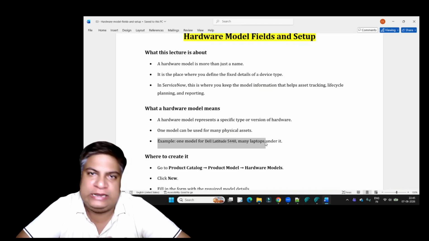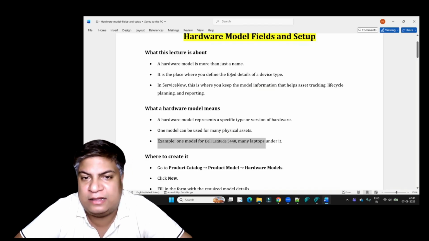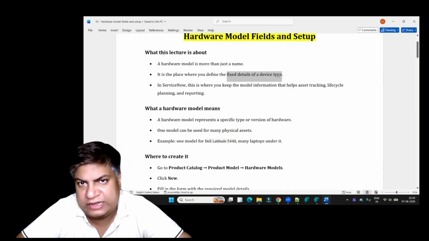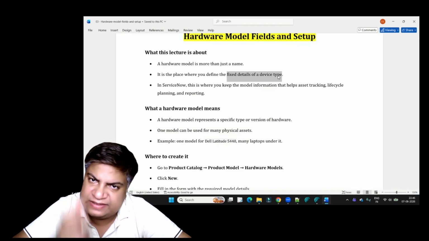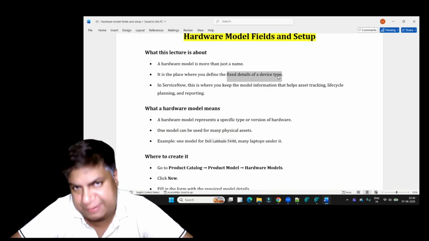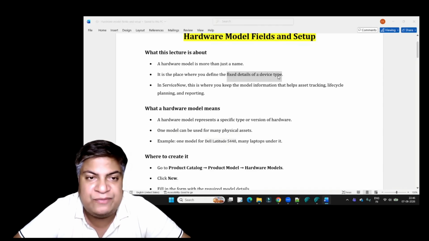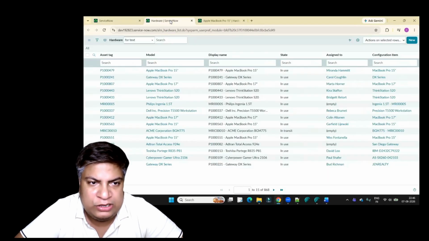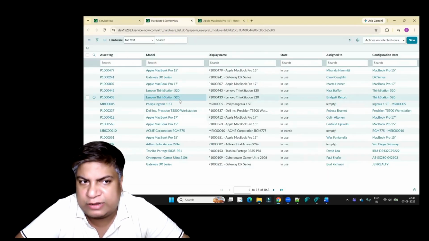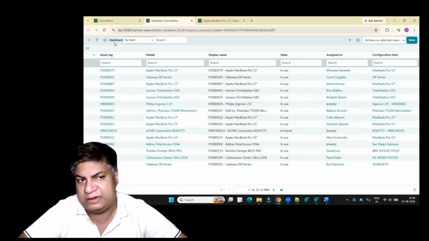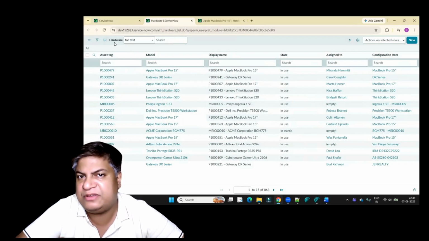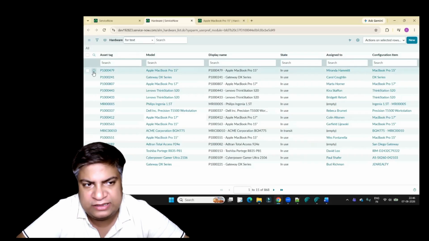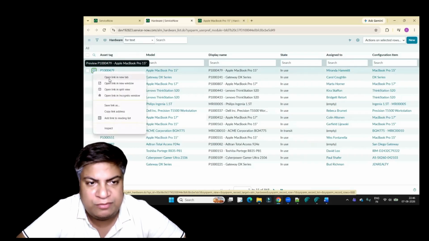So now what is a model? You see here, it is a type of placeholder for a particular device type. It keeps certain fixed details of a particular device type. For example, if we go here, you see these all are the models. But this is a hardware table. In the hardware table, we have the information of an asset. If I open this one, what you will see,